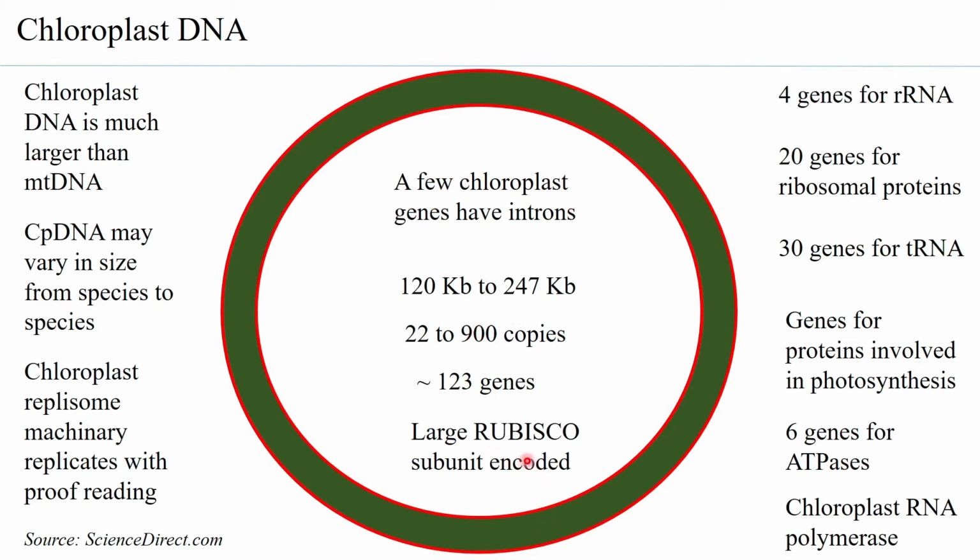So, for the functioning of the Calvin's cycle itself, for carbon dioxide fixation itself, you can see what the contribution of chloroplast DNA is, because Rubisco, that is ribulose bisphosphate carboxylase oxygenase, will not be formed if you do not have this gene in the chloroplast DNA. So, therefore, it plays an essential role in photosynthesis per se.